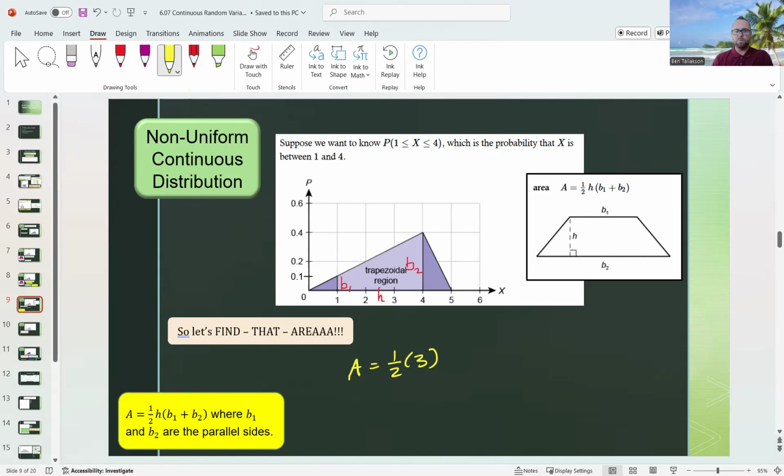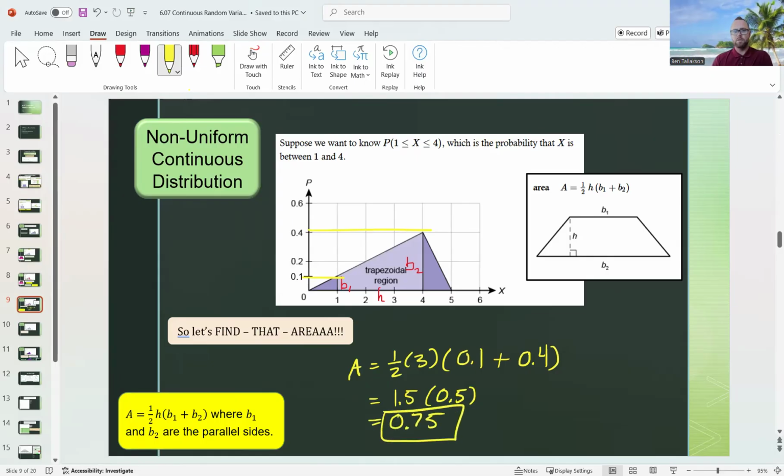And this is all multiplied times B1 plus B2, which we labeled as B1 is here, while that height is right there, 0.1, and B2 goes up to 0.4, and we work it out. Half of 3 times 0.5, and that gives us